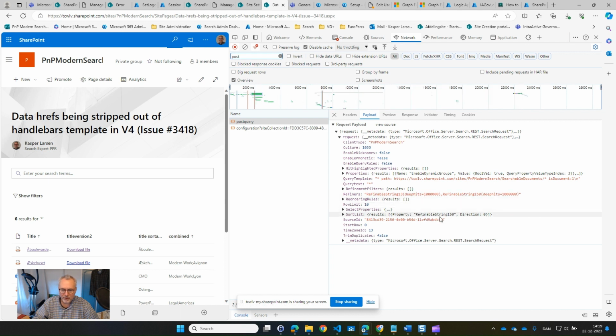For instance, this query is using the refinable string 150 ascending as the sort request for this result. So this one contains a lot of funny info that you can inspect, and you can take this from here and take it into your SP editor or into the SharePoint search query tool and work with your query from there. I hope this was useful and you can